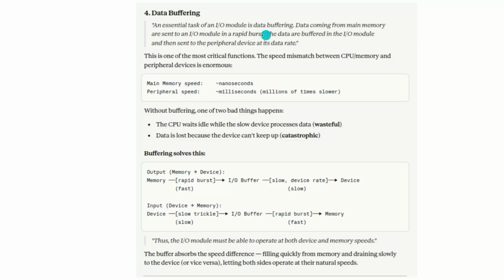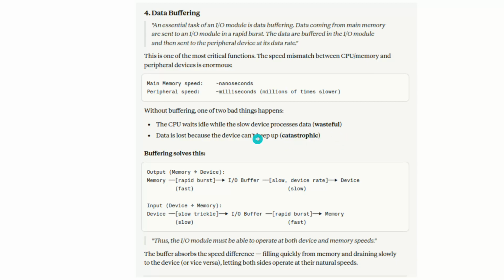This is enormous. The data coming from the main memory are sent to the IO module very rapidly in a burst, within nanoseconds. But peripheral device speed is in milliseconds. There is a lot of time difference between them. So if there is no buffering, one of two bad things can happen. The CPU waits idly while the slow device is processing the data, or the CPU becomes idle. Sometimes the data is lost because the device can't keep up. That is known as the